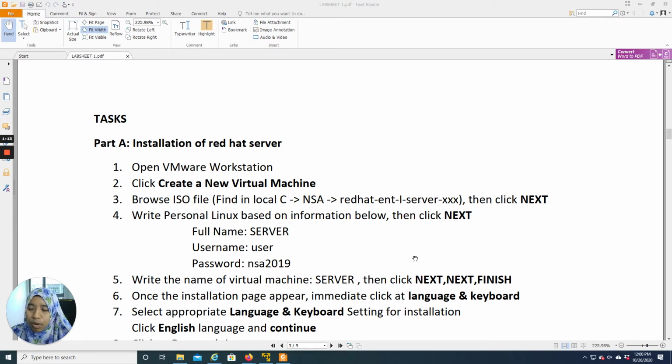Okay, actually the one that we are using is CentOS, and the one that we are trying to learn to install is Red Hat. Actually both are the same, it's just that Red Hat is a licensed one and CentOS is open source. Because Red Hat is licensed, there are some functions that we cannot use. That's why in our class the one I gave to you is CentOS, but the installation of CentOS and Red Hat is the same.